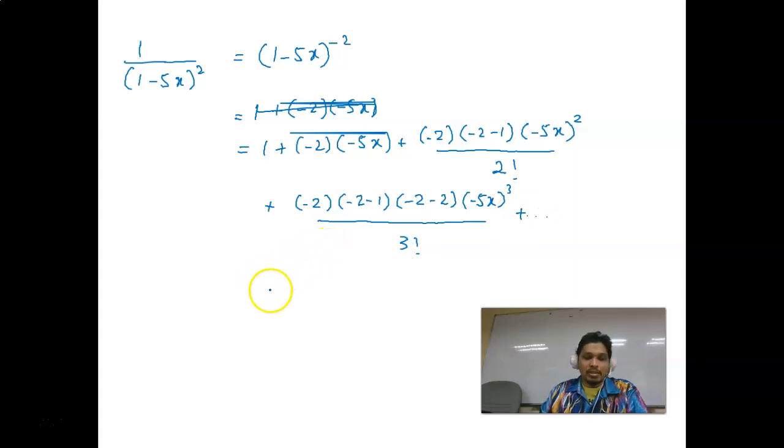Okay, so let's simplify this. Negative negative become positive, so 2 times 5 equal to 10x. Negative 2 minus 1 become negative 3. Negative with negative become positive. Negative 5 squared is also positive, so now become positive here. And then 5 squared is 25 times 3 times 2 equal to,